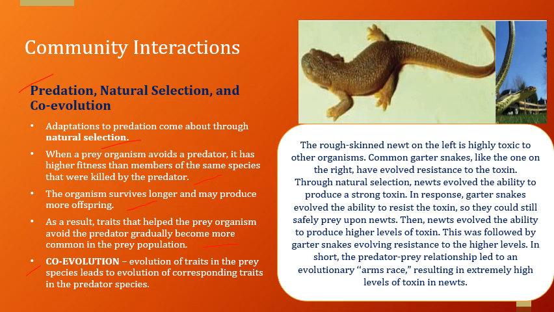So, take note, we also have here the coevolution. So, when we say coevolution, evolution of traits in the prey species leads to evolution of the corresponding traits in the predator species. So ito yung pag-adapt nila sa kanilang environment has something to do with their coevolution. Okay? So ito na yung mga parang mag-e-embody sa kanilang mga species na kung saan ito na yung parang may ipapasa na for the next generation. Okay? At of course, ito na rin yung mga ways nila or mechanisms nila to survive their environment.